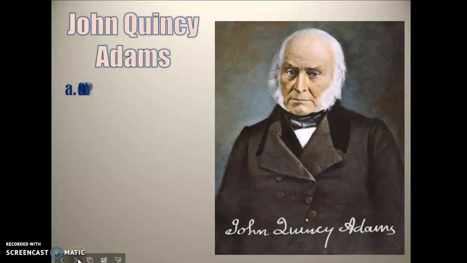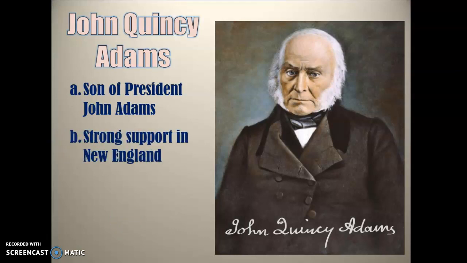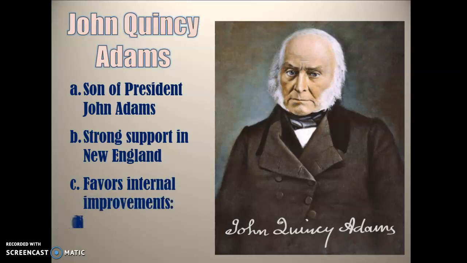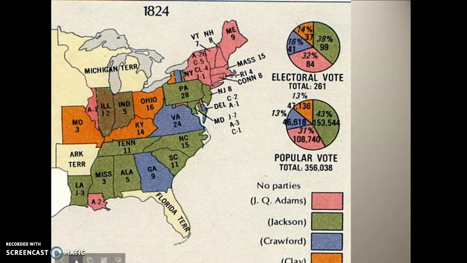John Quincy Adams was the son of President John Adams. He also was a strong supporter in the New England states. He also favored national roads and the Erie Canal. He represented the upper class and the historical type of presidents that you would consider to be president. So this election that we have,